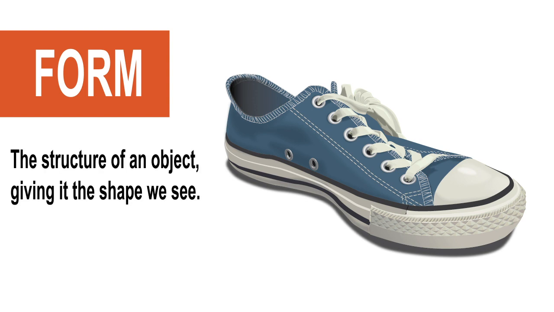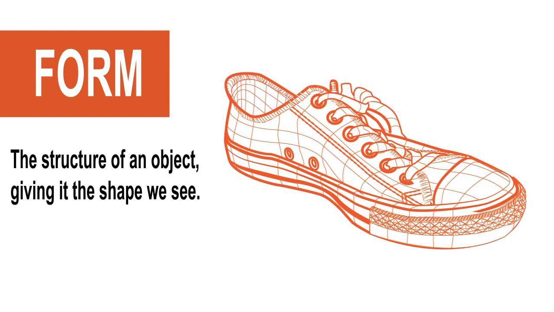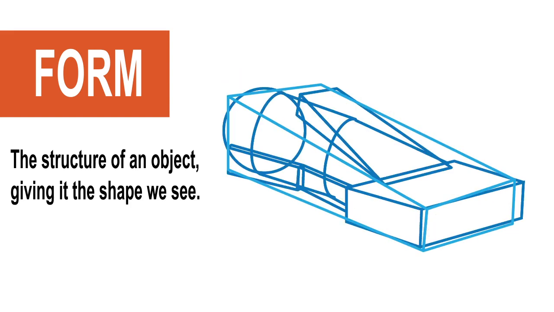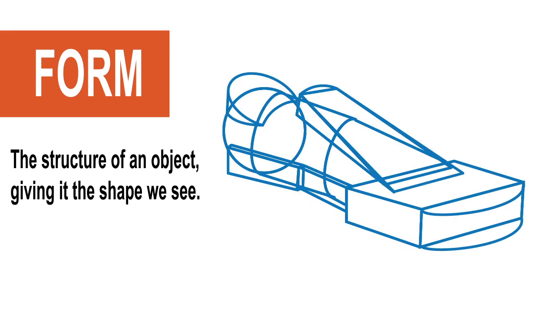Form is the physical structure of something. It gives us the shapes and contours of all the things we see around us. Artists will combine shapes in a way to create the illusion of three-dimensional form in a drawing or painting. So what is a simple form? A simple form is just a basic geometric form that is constructed of basic shapes and contours. Basically, it's a three-dimensional object with the least amount of complexity.